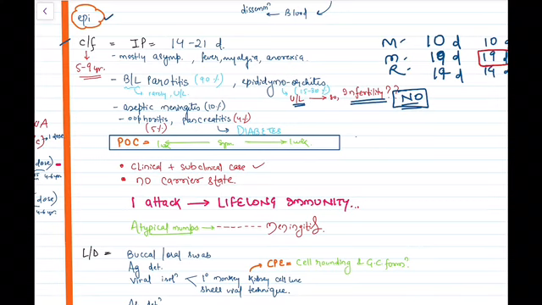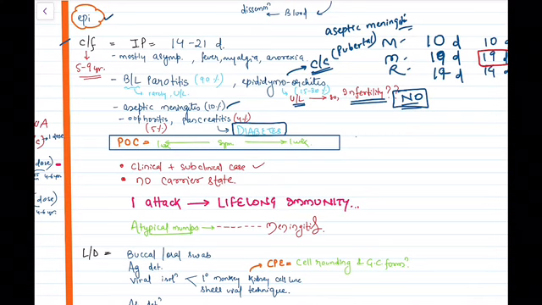Then one more point, this is the most characteristic complication of mumps virus, but this is mostly seen in pubertal age group. So if someone asks which is the most common complication in children, then it will be aseptic meningitis, right? So aseptic meningitis. It can also cause oophoritis or pancreatitis, and this pancreatitis is one of the major causes of diabetes in children.